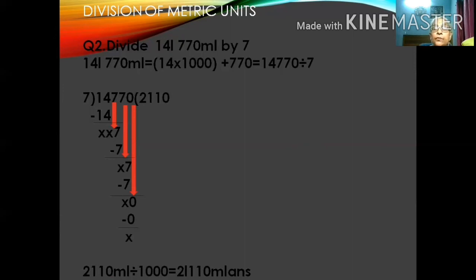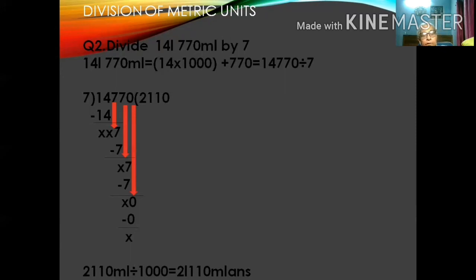That will become 14,770 milliliter, which will be divided by 7. Now 7 twos are 14, 7 ones are 7, then again 7 ones are 7, and 0 will come down. So the quotient is becoming 2110